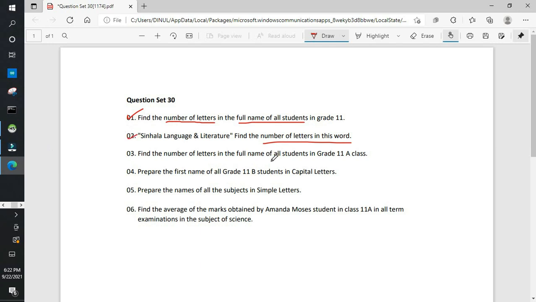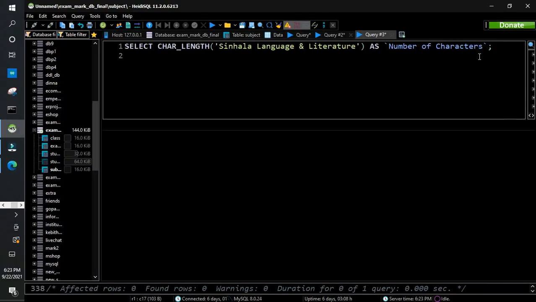So for the third question, they are asking, find the number of letters in the full name of students in the grade 11A class. Okay, now they are telling us only for 11A. We have 11A and 11B. They are asking us only from 11A. Okay.